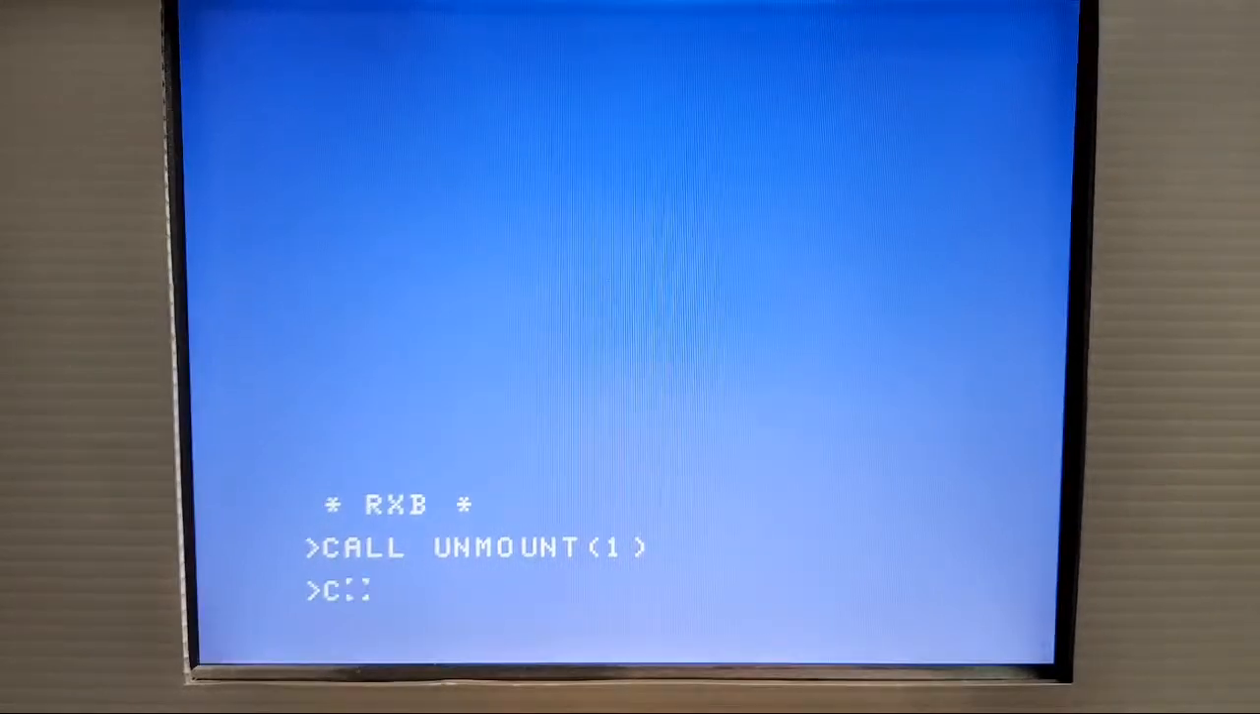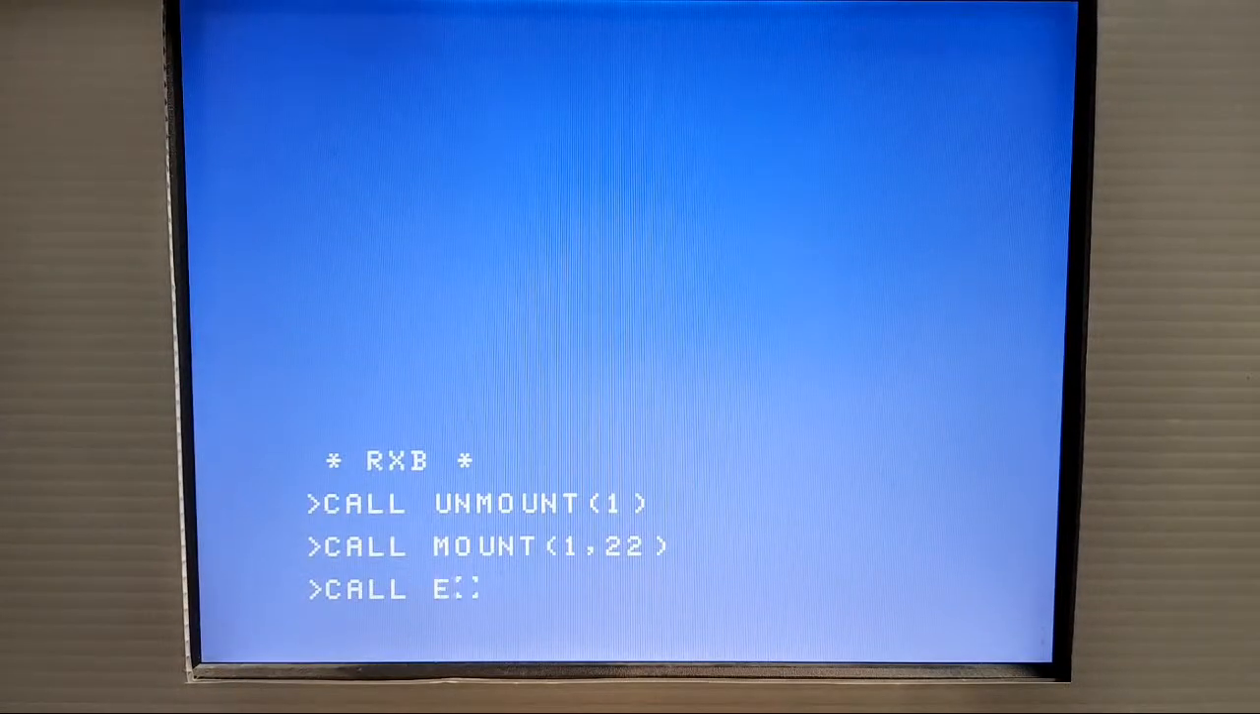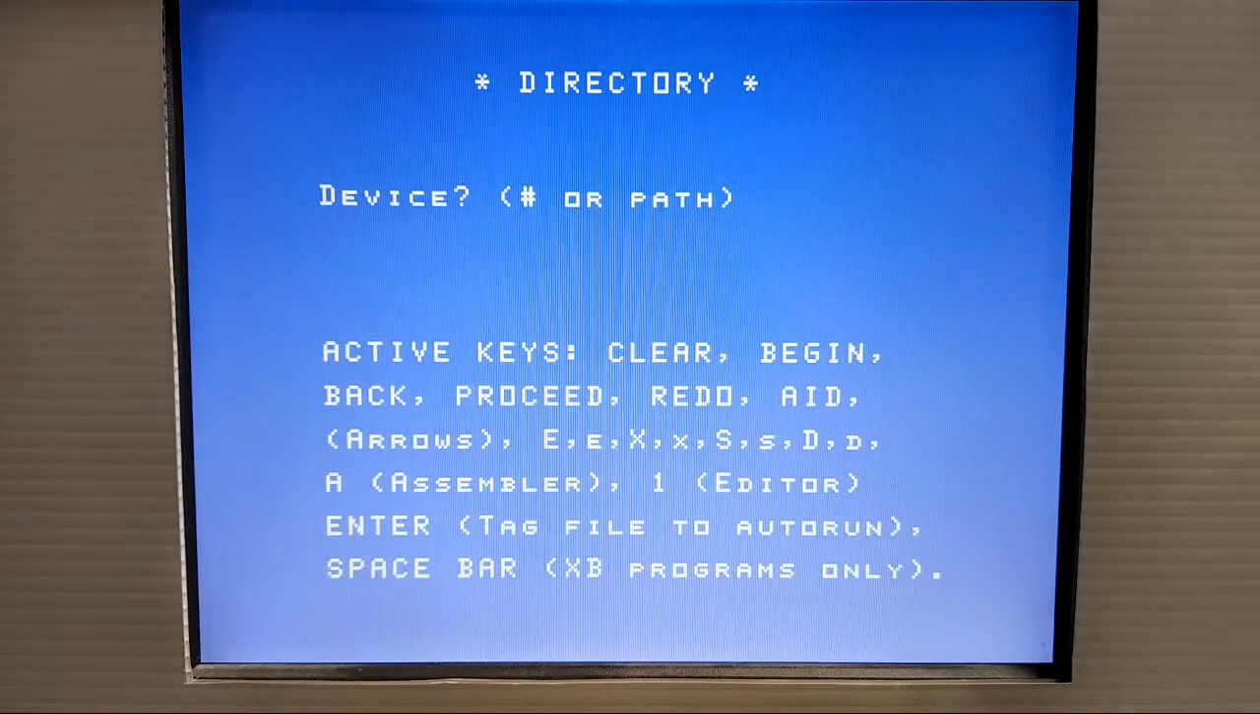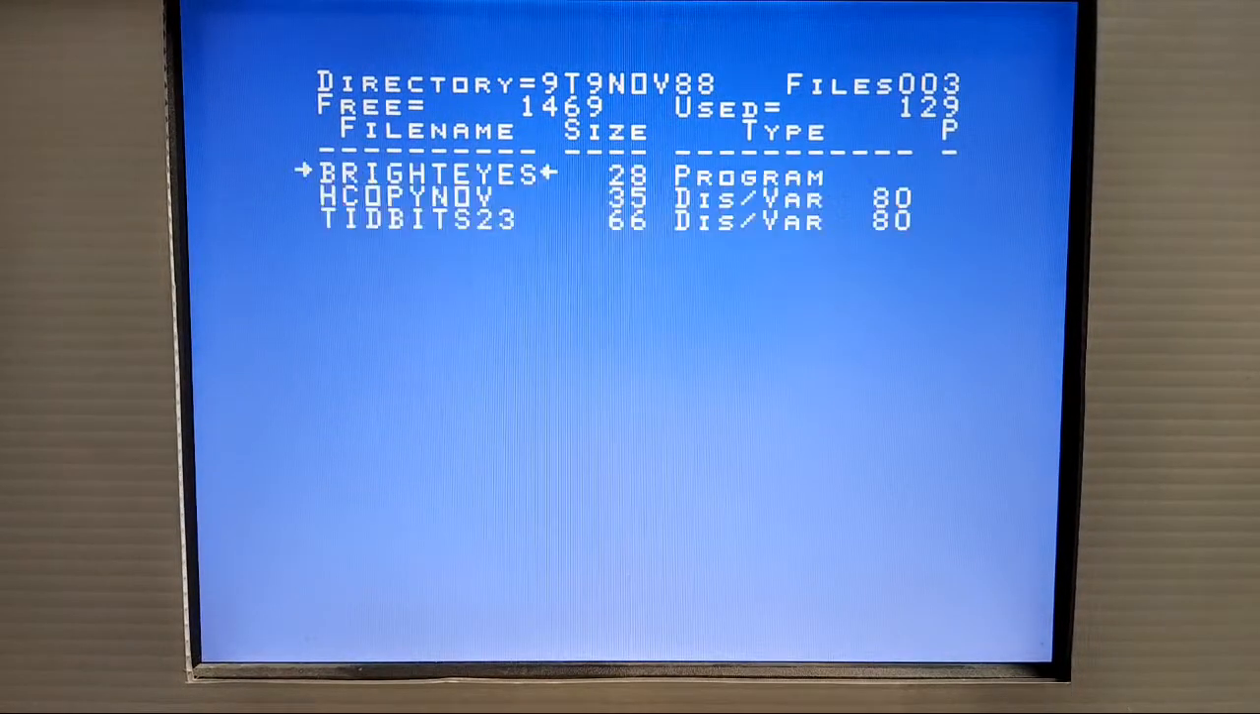Remove that. Ah, there we are. So I told you, when was the last time that Bright Eyes was run? November of 88, when everybody got this disc from,